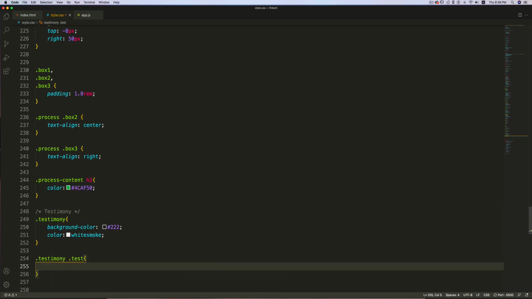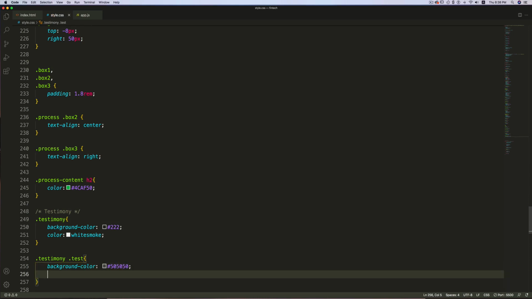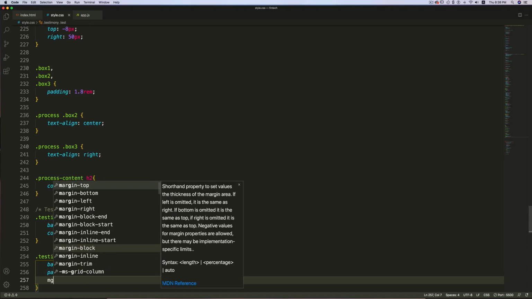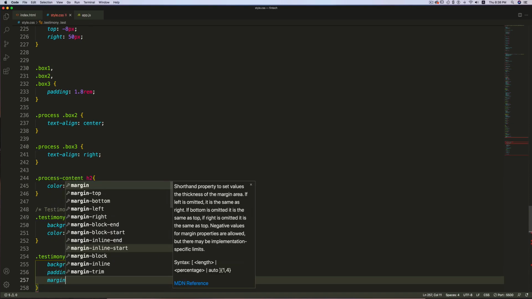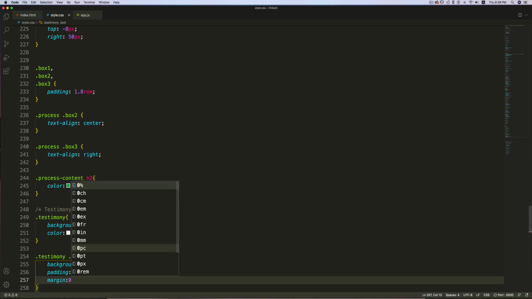Testimony.test. In here I'll change the background color to hash 505050, and I'll add a padding top and bottom 4 and right and left 8 rem, and I'll also add a margin 0 top and bottom, and right and left 1 rem.